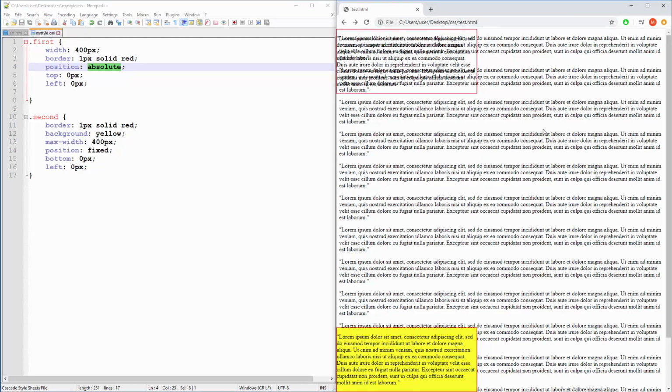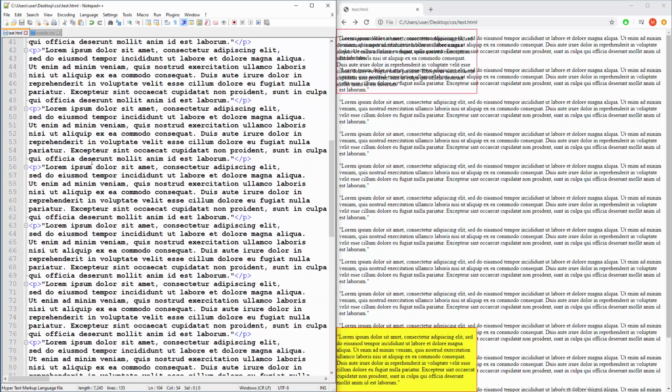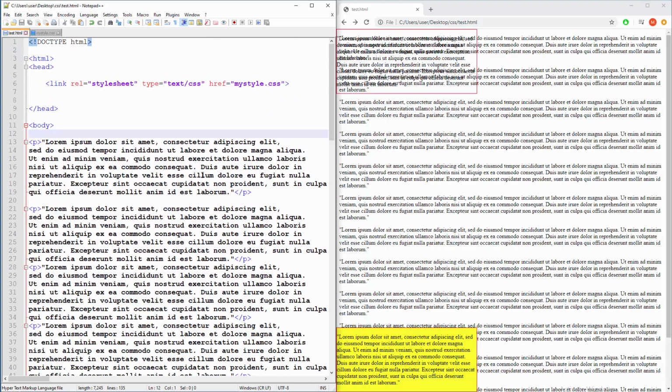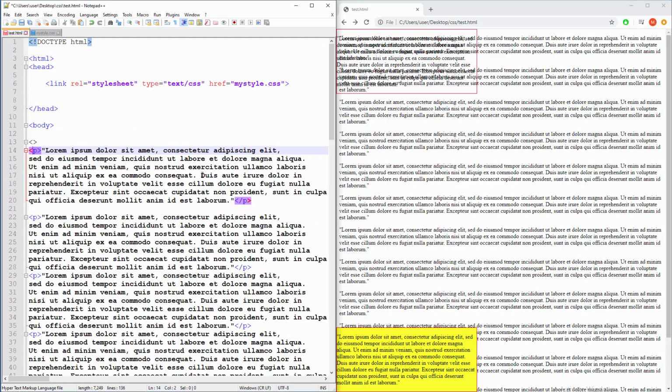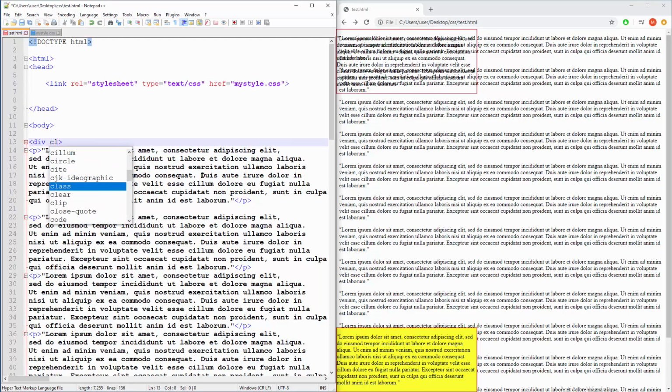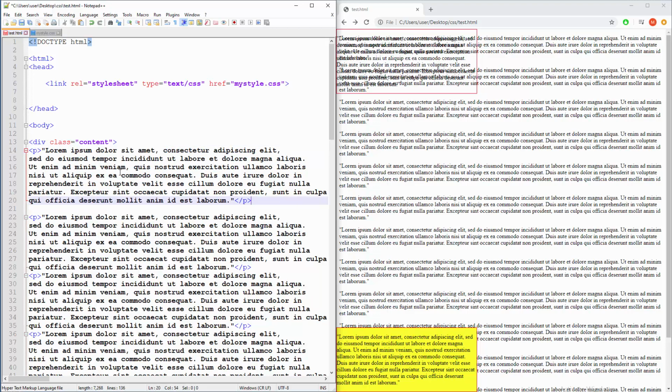Well, we're gonna push paragraphs as some kind of useful content to the left, and we will turn the absolute div into advertising. Let's say Google Advert, something like that. So let's do that in HTML. We will say div here with a class content. Why? Because we need to push all these paragraphs to the left to remove this kind of chaos and overlapping. So let's close that div down there,